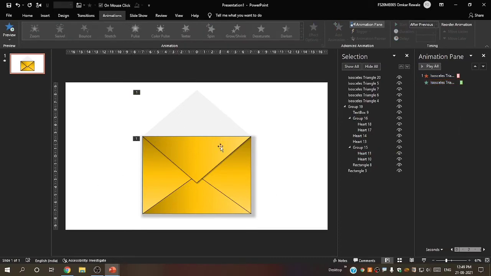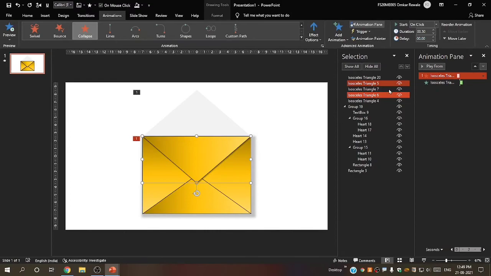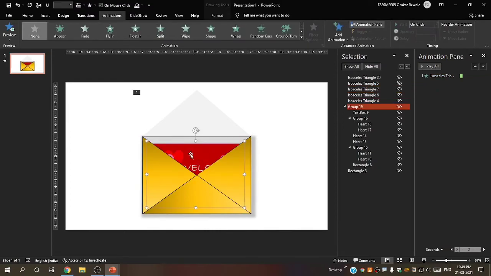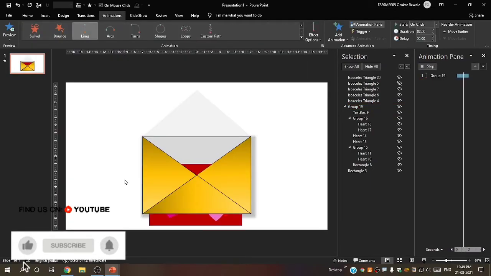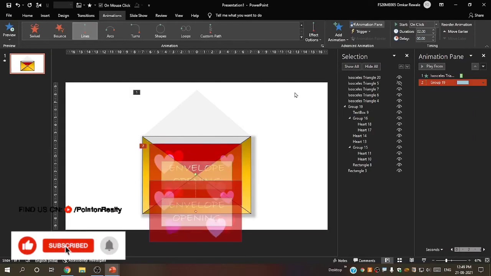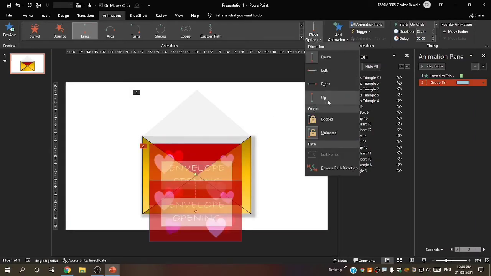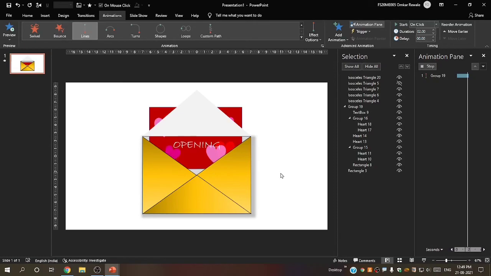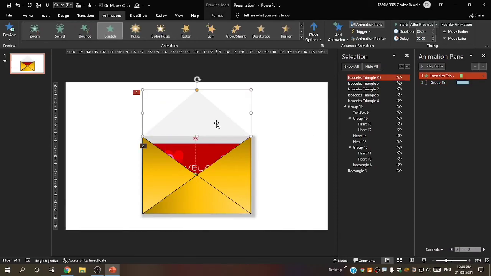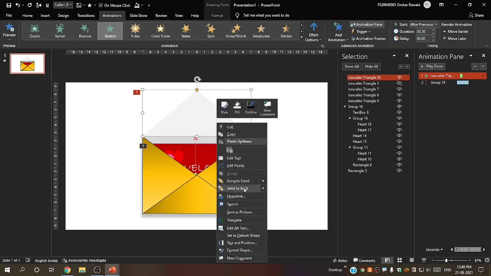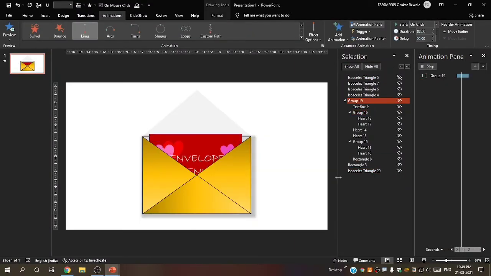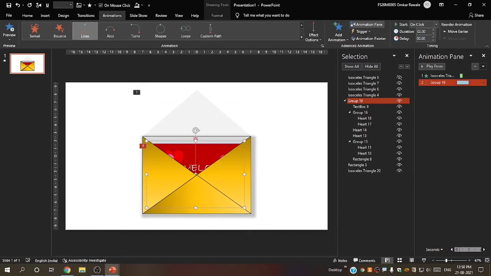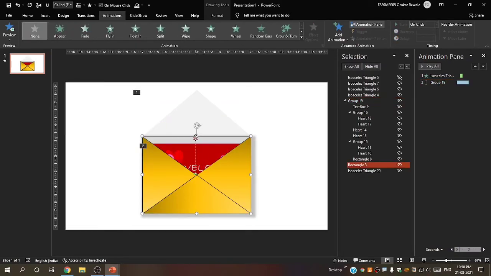Okay, now again let's hide this triangle first. Now let's give animation to this letter. Now I will again press here and say in lines. Now I want that to come upside, so in effect options I will say up. Okay, so now let's send this backside, send to back. Now again let's see how it works. Okay, now but see it is getting some upside, so I will just bring it downside.